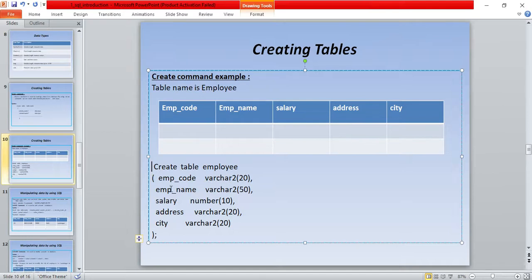Emp name is the employee name, and varchar2(50) is the data type, and 50 is the limit of size. Salary is a column name, and number is the data type. Address is a column name, and varchar2(20) is the data type, and the limit of its size is 20. And similarly city is a column name, and varchar2(20) is the data type.